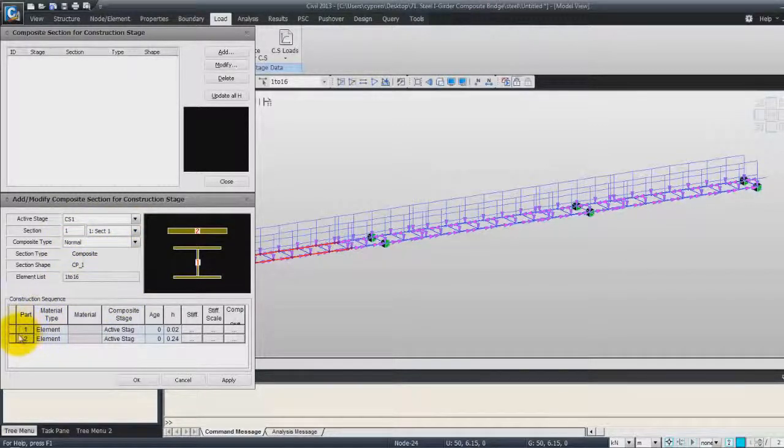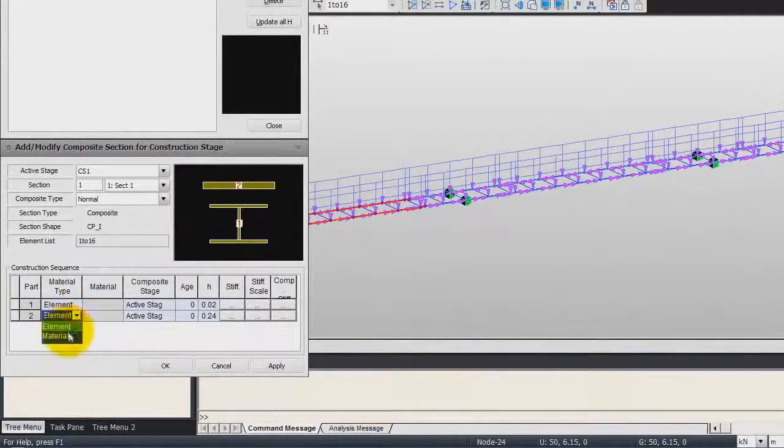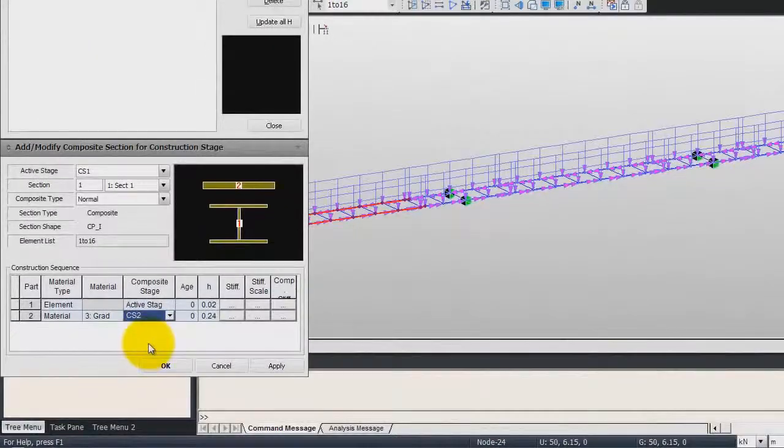So here you have the two parts, the element part 2. So here we'll choose material. Here you can choose the activated stage. Choose the material, cement, the age, and so the activate stage will be CS2. Age will be 5 days,